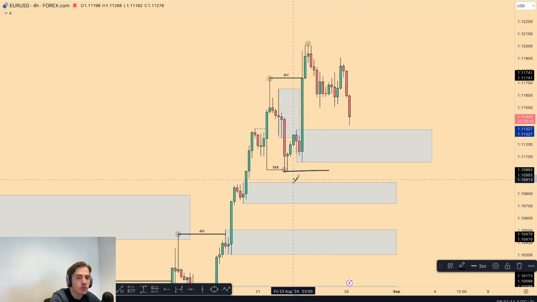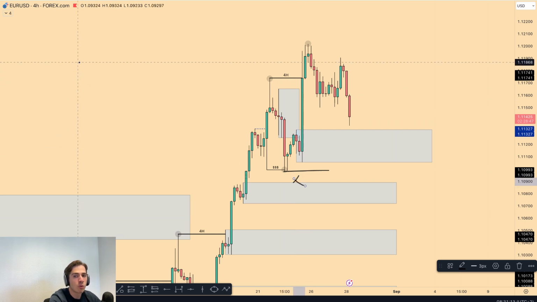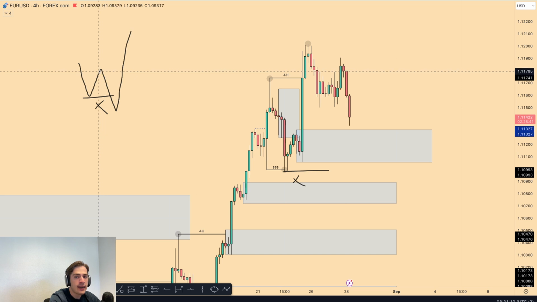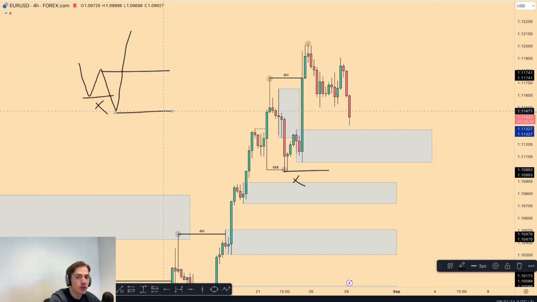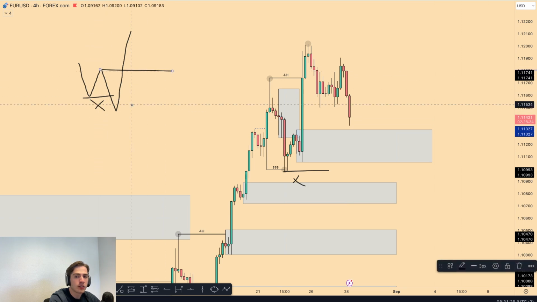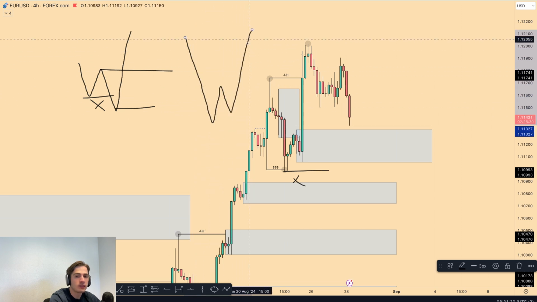So demand zones are often far stronger if they are formed through a sweep, through liquidation, let's put it that way, because then you get this false breakout towards the downside, and then this is, let's say, the strong area of demand. If a demand zone or a supply zone, and I'll just leave the drawing on for you guys, if a demand zone is created like this, where you get this move towards the upside